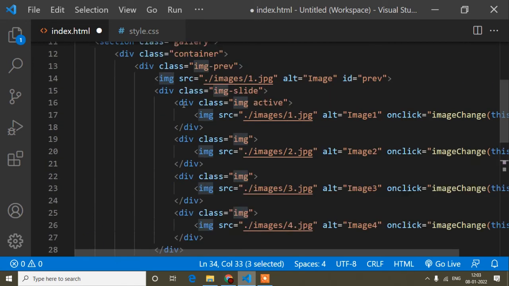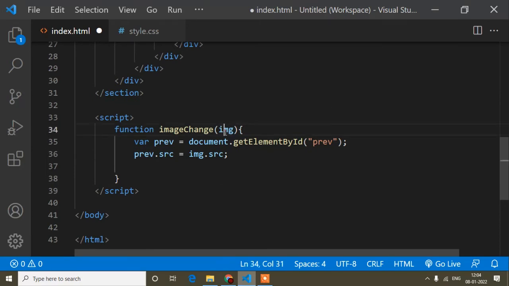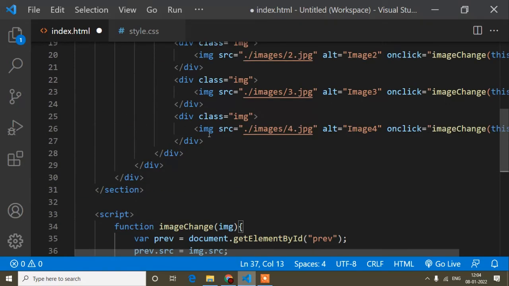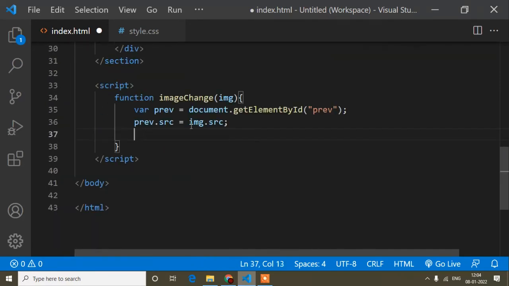By default you can see I have added the active class. This image is the child one when I'm clicking this function, and this one is the parent. In this parent I have added this active class. So I have to add the active class to those parents.